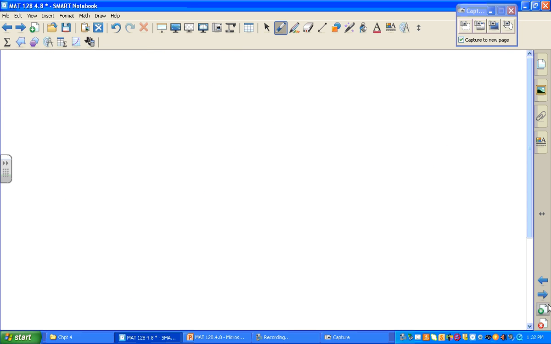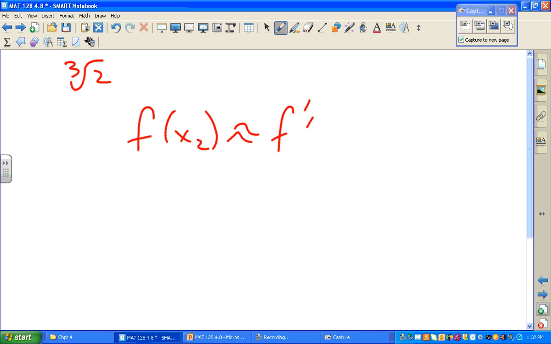Like Sam said, what's our first question we have for homework? The cube root of 2. It's supposed to be our first problem. We have to approximate the cube root of 2. So if I take f of x sub 2, if I change it into f prime of x sub 1,